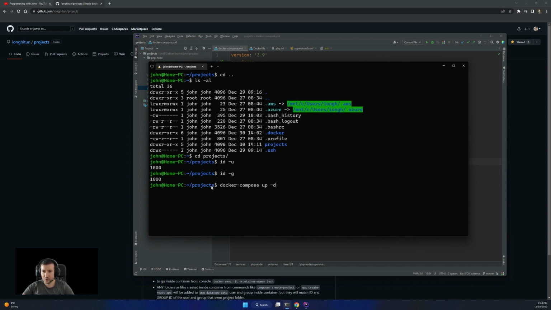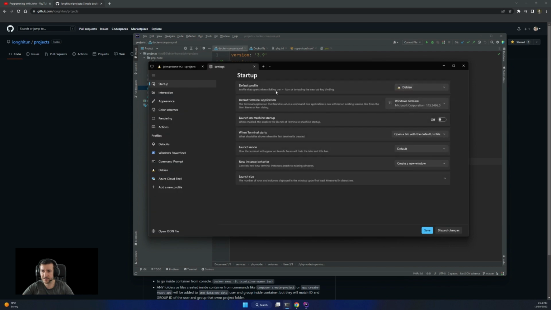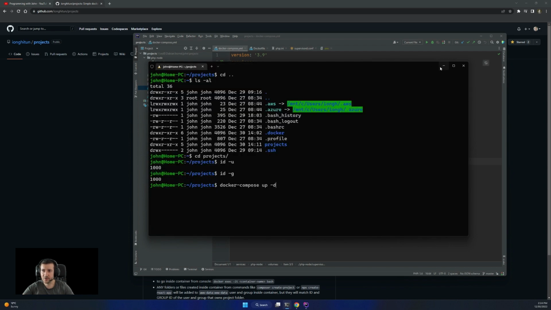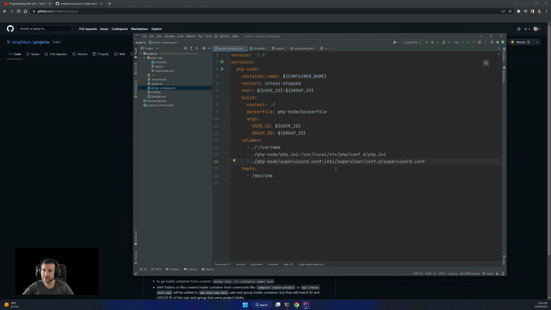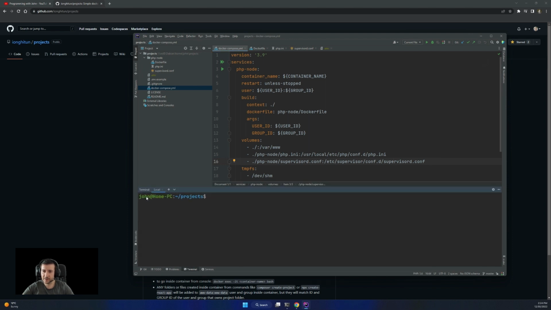inside that folder. I'm not sure if you remember from last time we did some additional settings in here, where we set this Debian as the default profile. Well, I told you that I'll show you in a future video why I did that. PhpStorm has a built-in terminal. If I hit terminal in here, it will open the default profile right in this folder that is opened. So I can run commands from in here directly.